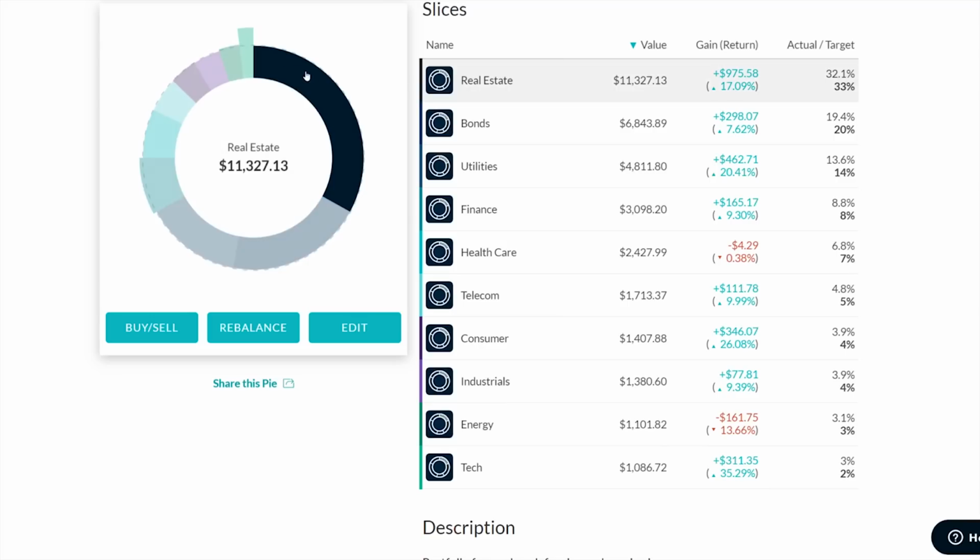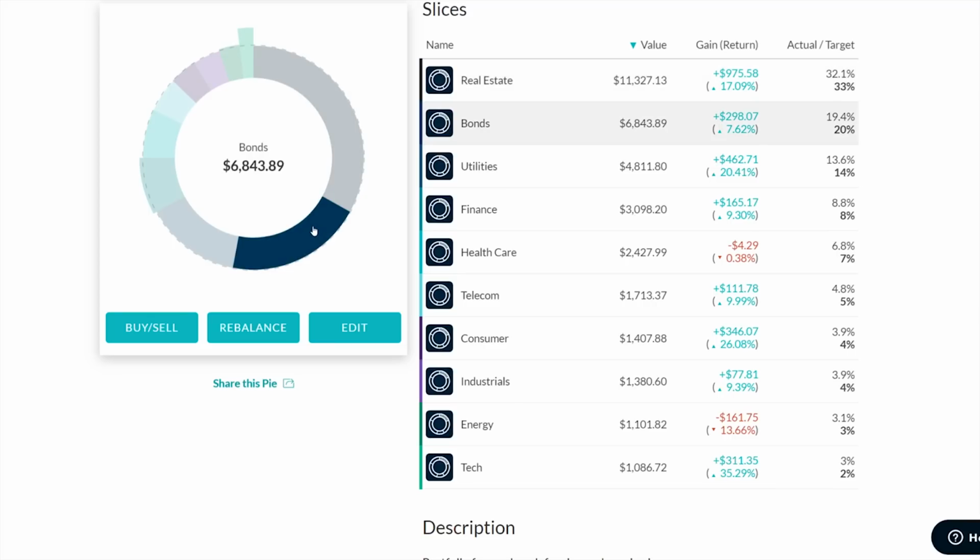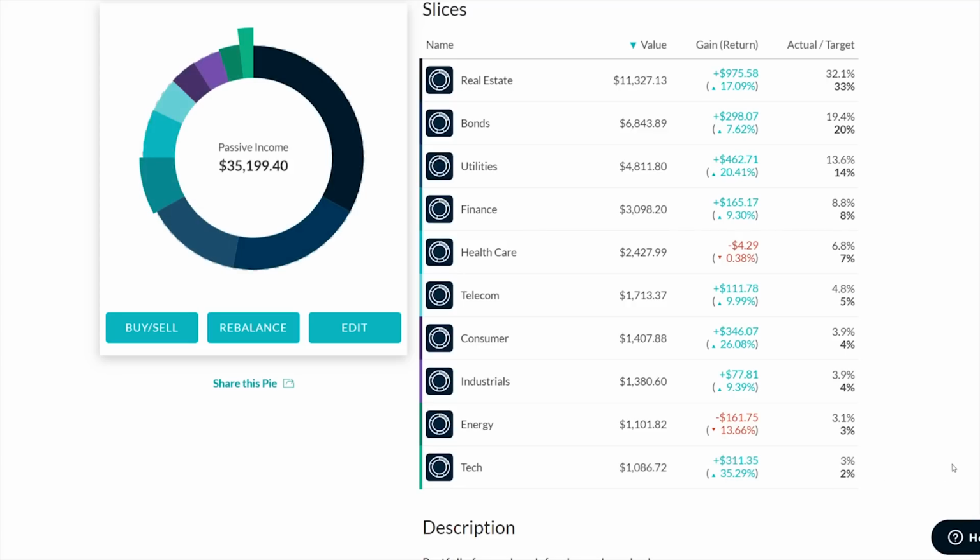If you look at this donut chart here off to the left, this isn't for decoration either. This is a visual representation of the portfolio allocation. So right here, this big chunk, it's highlighting real estate, then bonds, then utilities, so on and so forth. This green slice here that's jutting out past the other ones means that I have more of this than my target allocation. So in tech here, I have a target allocation of 2% of my portfolio, but right now it makes up